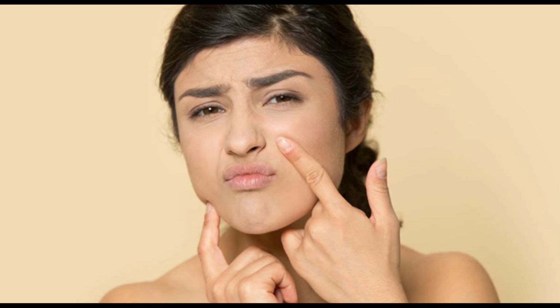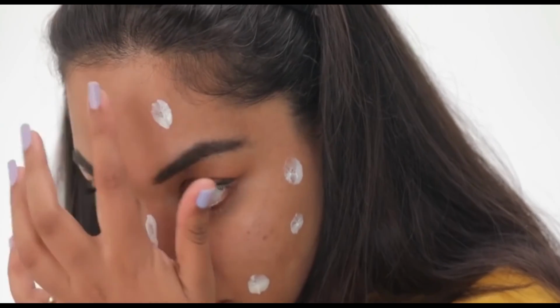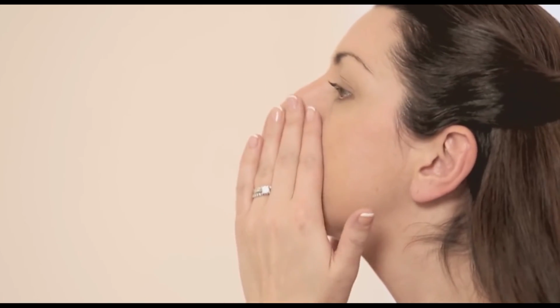Reorganize your cleansing routine first by using a cleanser that includes hero ingredients and avoiding items that contain harsh chemicals. Wash your hands 2 or 3 times a day. Be careful with your skin and avoid overwashing and exfoliating it. Be patient with yourself. Next, moisturizers can appear costly, but trust me when I say that you don't need an